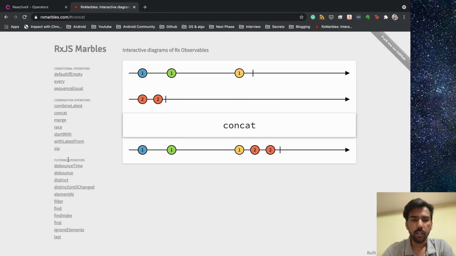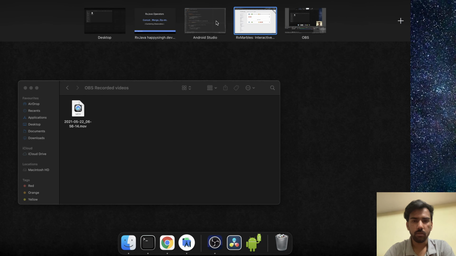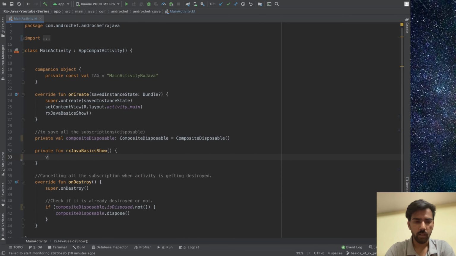So let's implement this in Android Studio. First we will create our first observable stream, using the just operator.